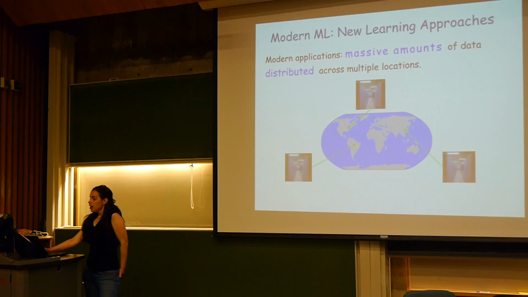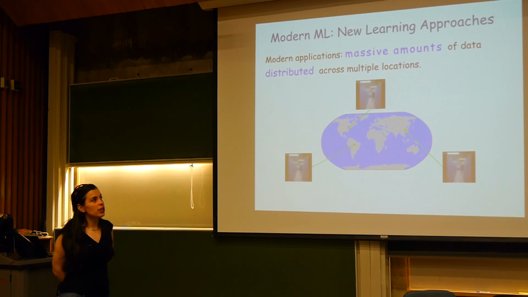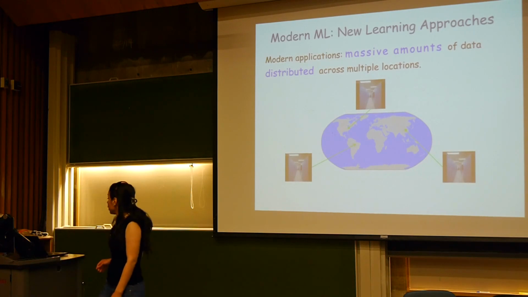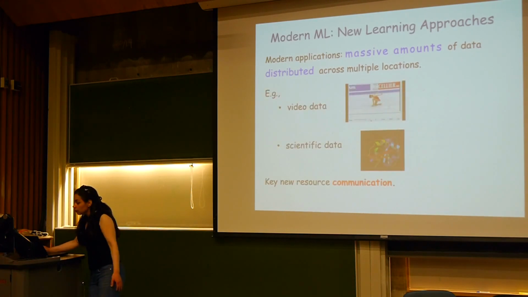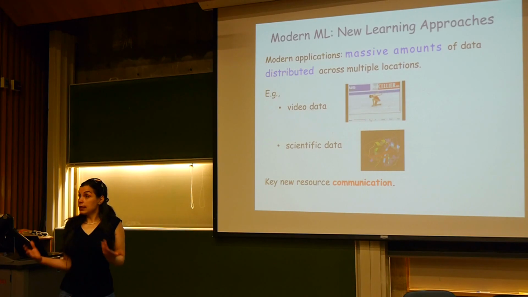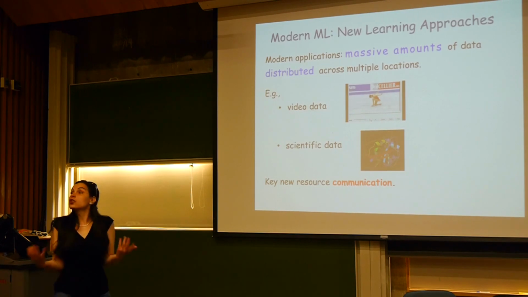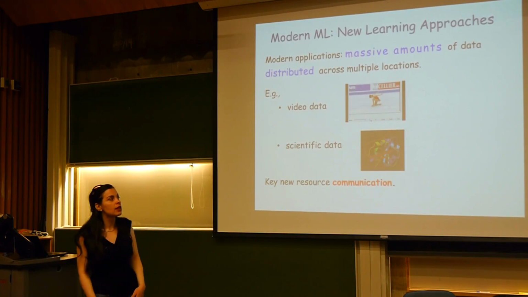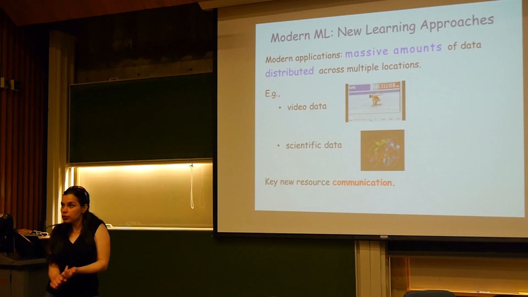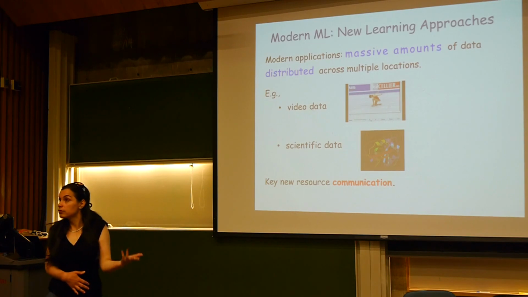Okay. Now, as a different example of a modern challenge, in some of the modern machine learning applications, we have massive amounts of data distributed across multiple sites or locations. So, for example, we could have large amounts of scientific data or large collections of video or image data, right? And in such cases, in order to do learning over the combined data sets, the holders must communicate, right? And so, in this context, communication becomes a new resource. So in addition to human labeling effort and computation, which are the two key resources we've been talking about throughout the course, now we also have communication as a key new resource, okay?